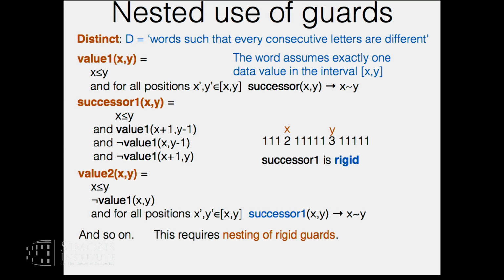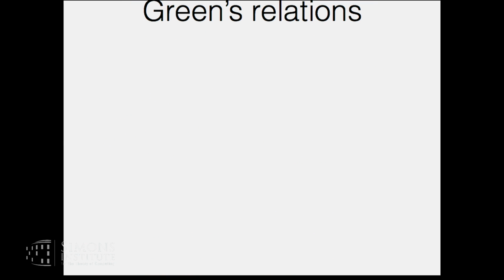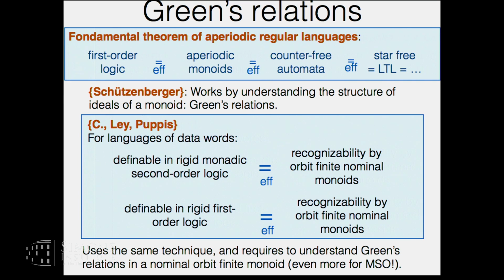Well, you go on, you do the language, and that shows that essentially you cannot do as for normal languages. The question is, where does this induction come from? Like this value 1, because at some point you have a monoid and you need to construct this formula. Well, it comes from the Green's relations of the nominal monoid. So a good part of this work is to make a very precise analysis of how the Green's relations look in an orbit finite nominal monoid. That's like the internal machinery for understanding how to produce the formulae.